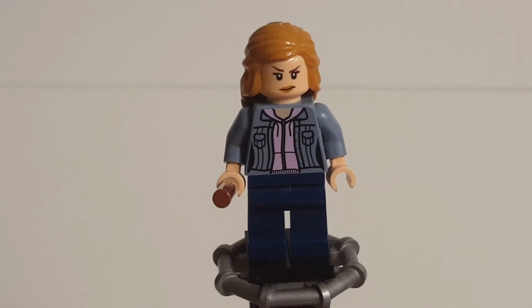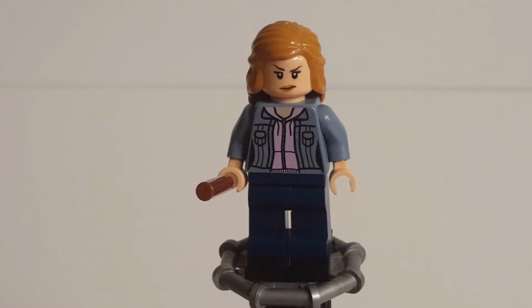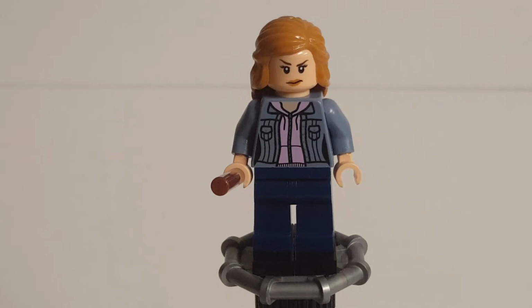Her hair is no longer brown, it's this nougat color. And honestly, I do not know what LEGO was thinking here. You could put forth the case that this color is more accurate to the later movies, but I wholeheartedly disagree. Maybe her hair has gotten a bit lighter over time, but it's still much more brown than it is caramel. This just doesn't look right for a minifigure, and it almost doesn't even look like Hermione at first glance because of it,